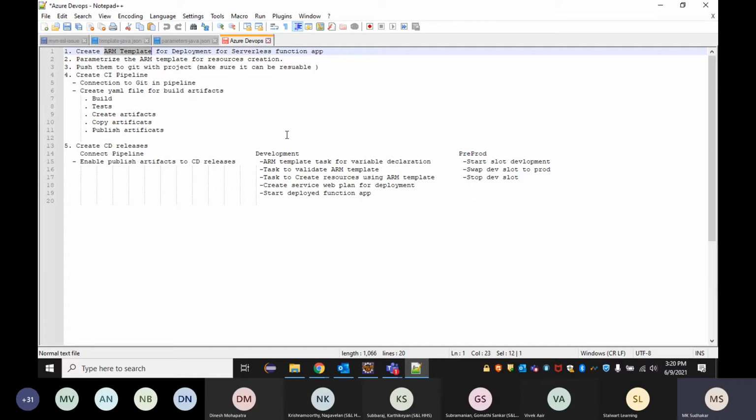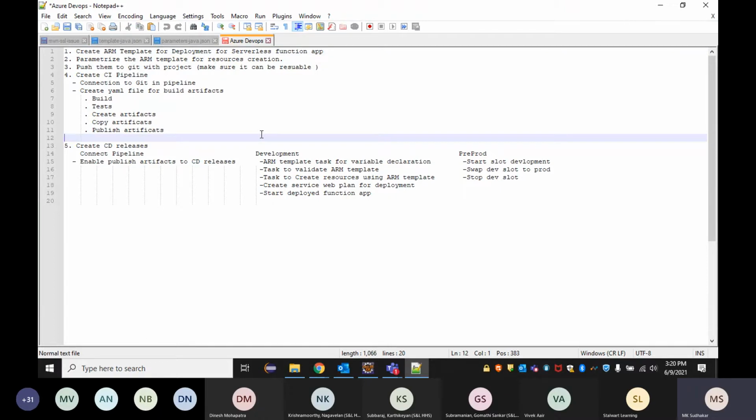One is that you can manually create your ARM template by taking a very basic template from Azure, and on top of that, you can enhance it and add more, and then create your own ARM template. Or else, we can reuse an existing ARM template and then enhance it according to our requirement and use it. So these are two different ways we can create the ARM template.